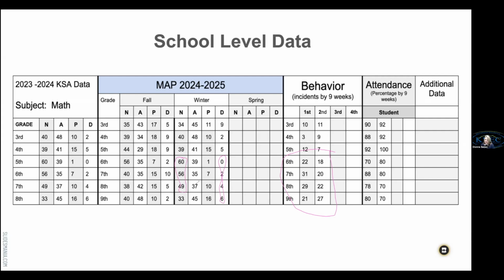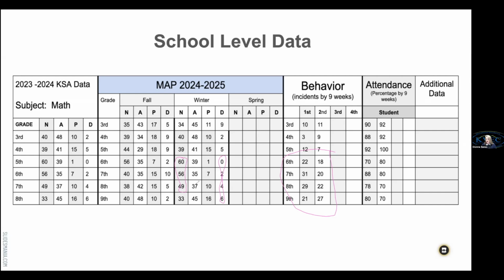How is attendance? I just included that. You can use STAR data. You could use any other data set that you wanted to use, particularly whatever you're looking at. You may have a reading intervention program that you're tracking data on that you can add, but we're just looking at that school level, right? So we started thinking about how we are overall performing for our kids with disabilities as compared to our non-disabled students.